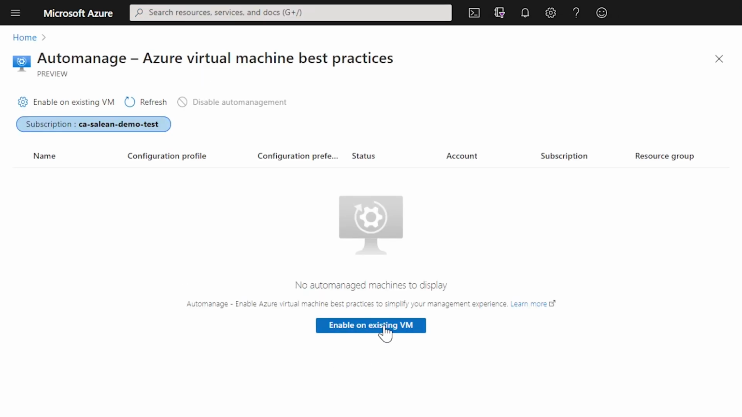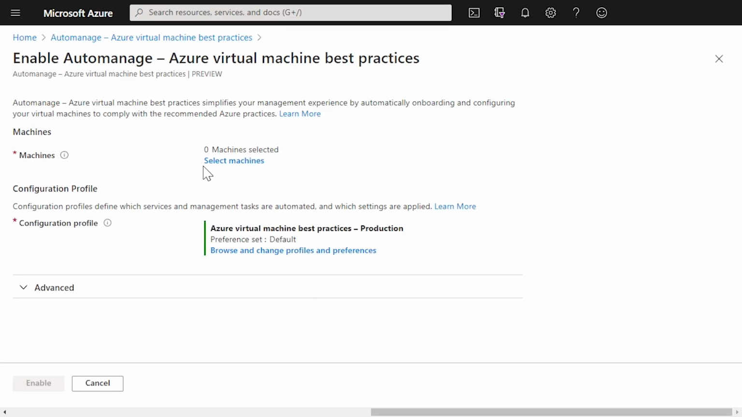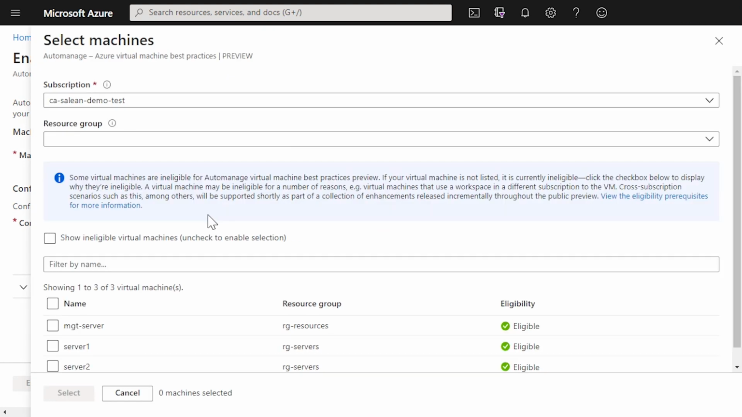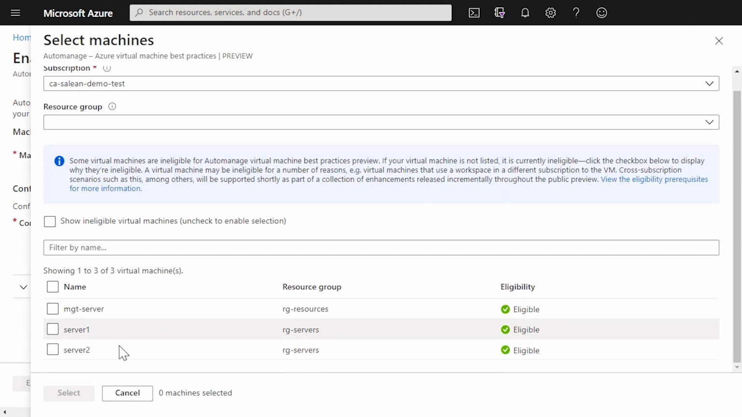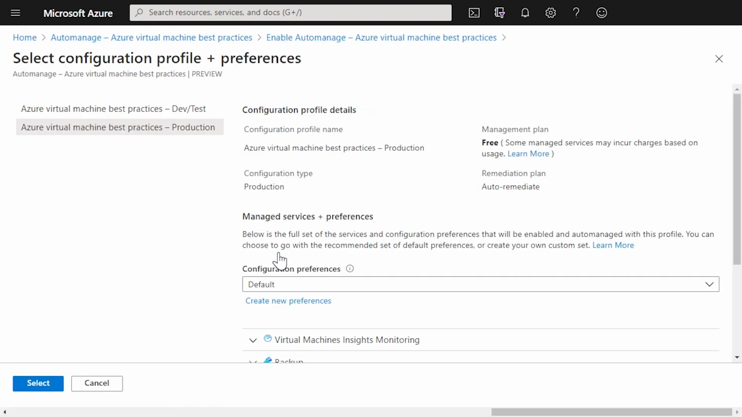What we see is we have no virtual machines configured at the moment. So when we click on enable, we're given the option to select some virtual machines. So I'm going to just pick these 2 new virtual machines that I've started up. Now, when we go into Auto Manage, we have the ability to start to look at the profiles and preferences